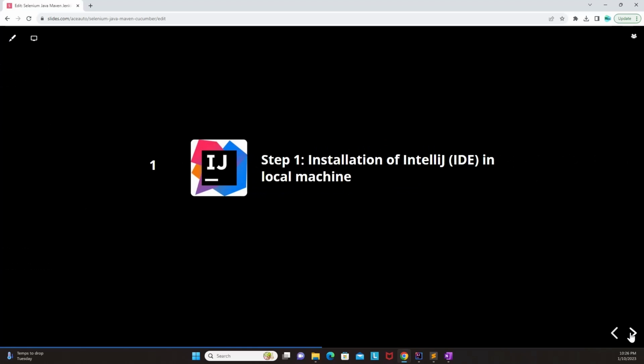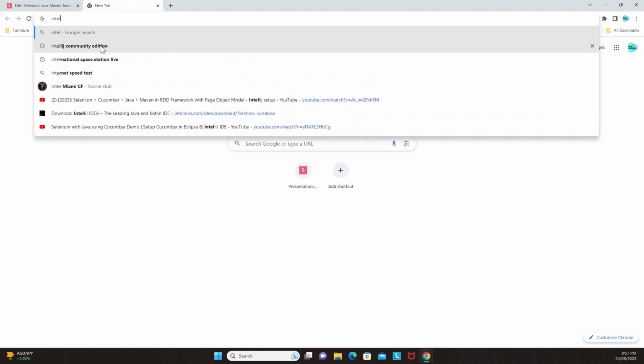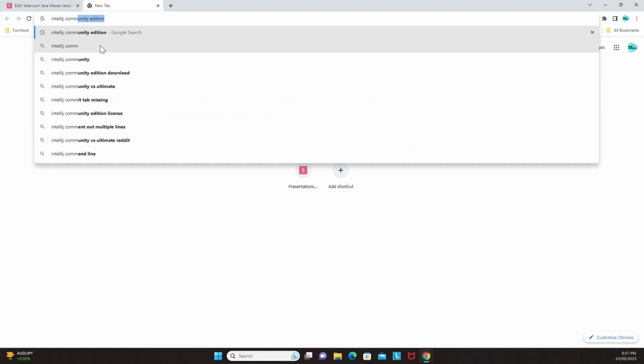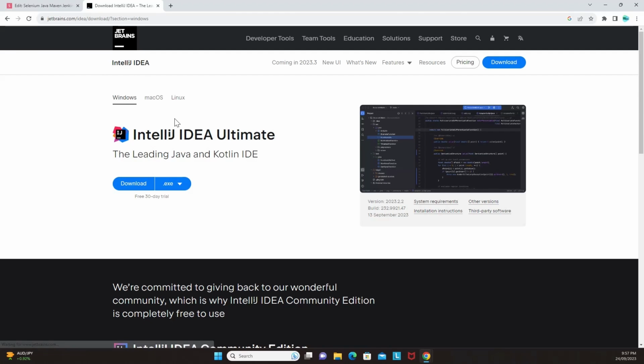So let's proceed with our step number one, which is installation of IntelliJ IDEA on our local machine. For installation of IntelliJ IDE on the local machine, what you need to do is click on Google and then look for IntelliJ Community Edition. You can search this in your browser, and then you can click on the download IntelliJ, the leading Java and Kotlin IDE. Once you click on the link, the first link that you will be able to see is IntelliJ